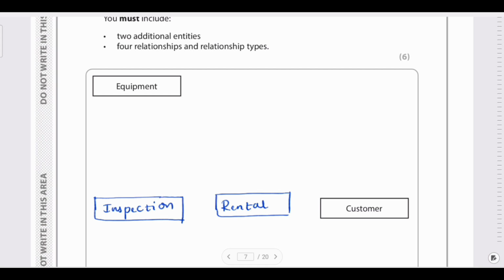Imagine little David comes to rent a kayak. He's one customer. He can rent many pieces of equipment over the year. So that's a one to many relationship from customer to rental. Your equipment, let's say a paddleboard, can be rented by many customers across different dates. So equipment to rental